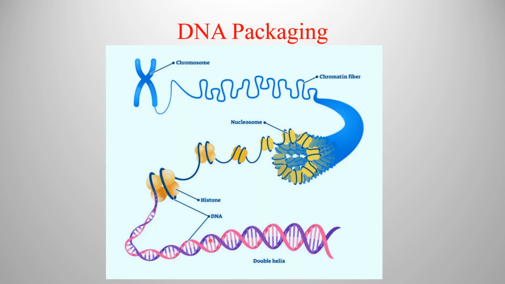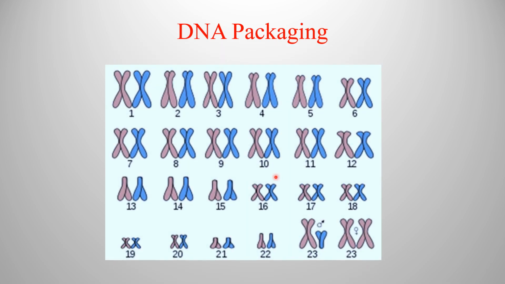The negatively charged double helical DNA molecule is wrapped around a positively charged protein called histone. These are different domains of histone, and this complex is known as nucleosome. These nucleosomes fold up to form a loop of fiber called chromatin fiber, which is tightly packed into a structure called chromosome. So the nucleus of a human cell contains 23 pairs of such chromosomes.